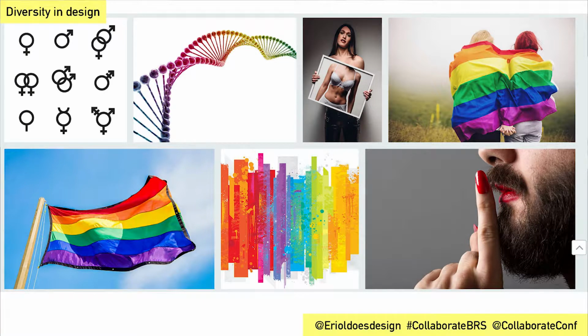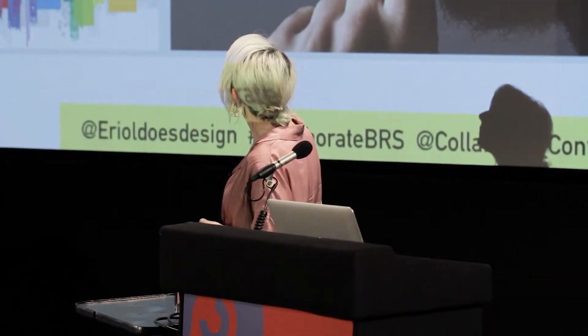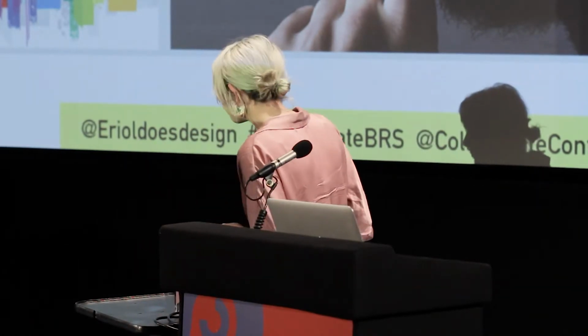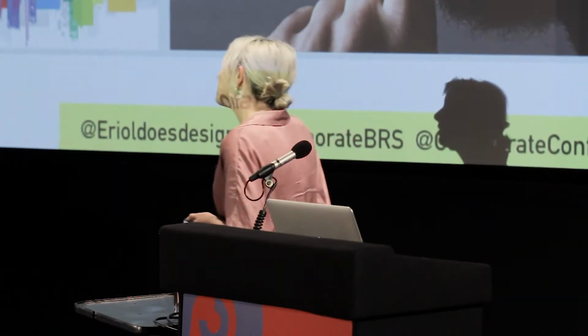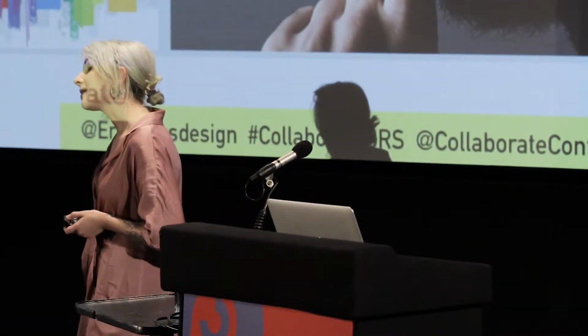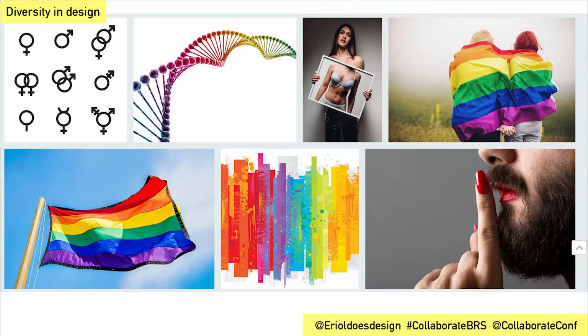And then we've also got somebody holding an image of a body with breasts and bra and panties in front of their body, so you cannot see the structure of their body behind. And firstly, not a lot of people would maybe be able to pick out the trans symbol out of the symbols in the left-hand corner. It's the one in the bottom right, but it's not actually used that much. It's less popular than the trans flag, which is our pink, white and blue flag that we use more regularly.